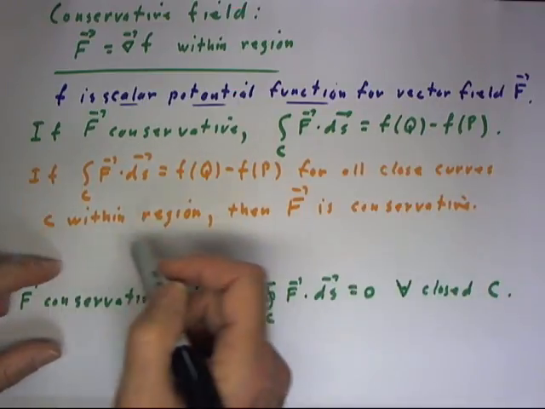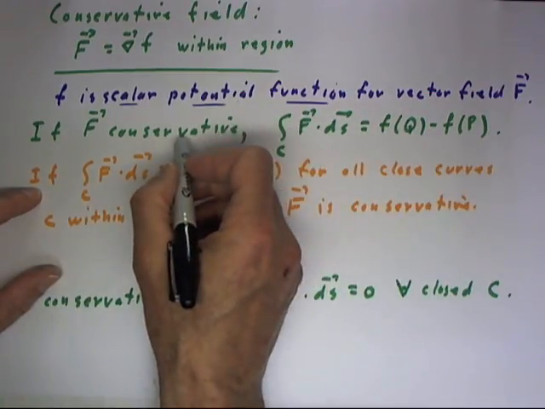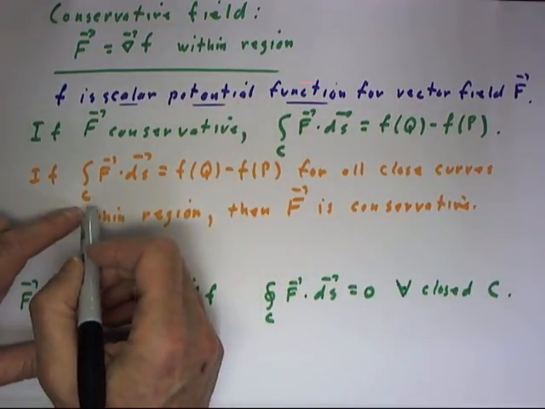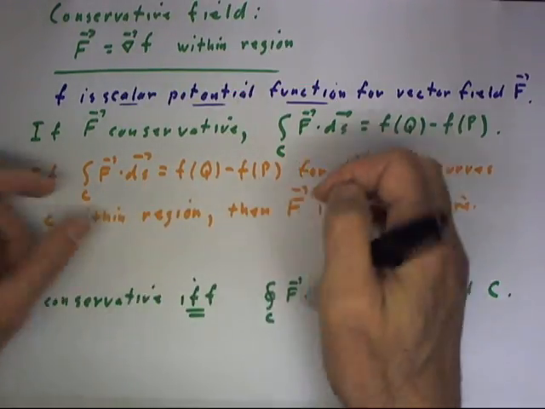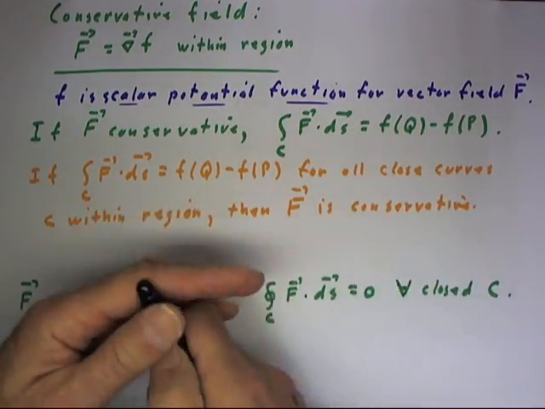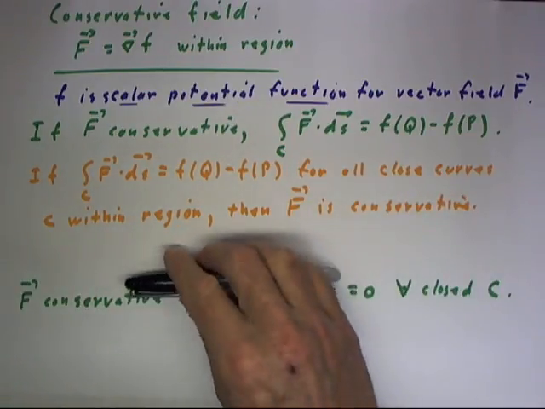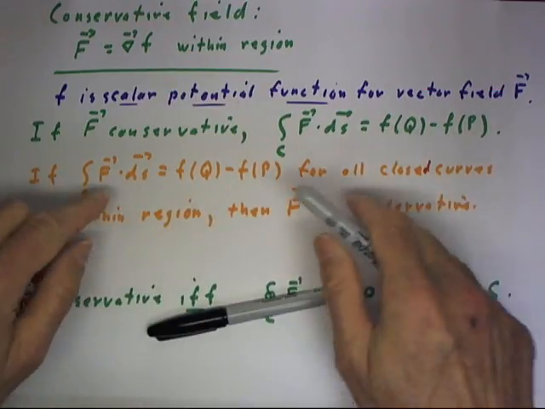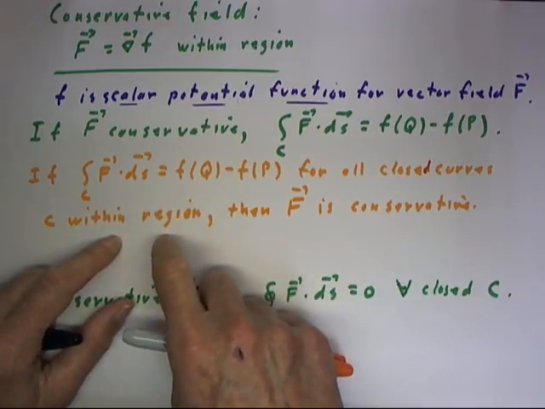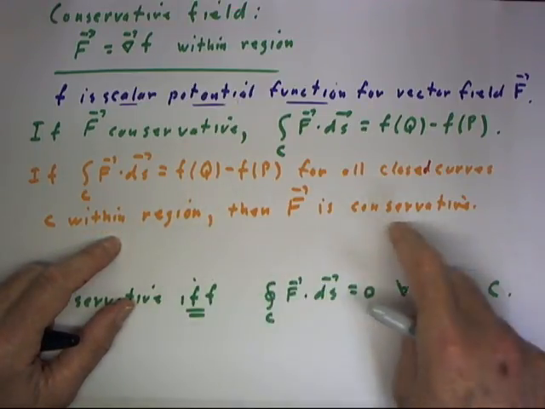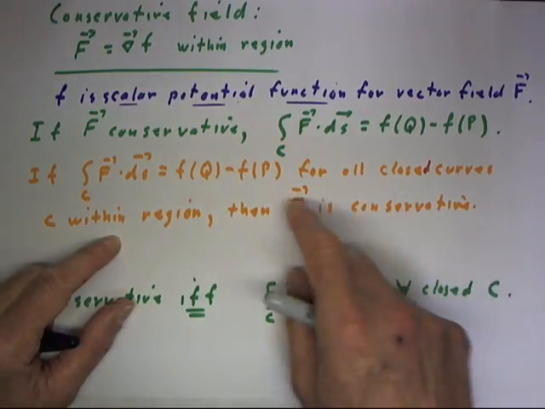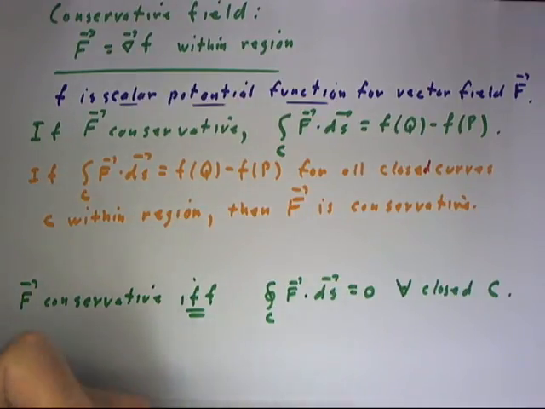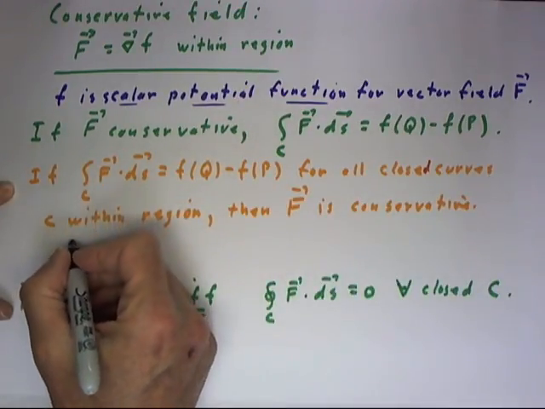There's another statement we can make that's converse to this, showing that these two conditions are actually equivalent in a sense. And the condition is simply that if this is true for all closed curves, and that's a closed curve, not a closed curve, closed curve. If this is true for all closed curves within our vaguely defined region, then the function is conservative. So in other words, if you can always do this, the function is conservative, and I can even define the function. If this condition holds, then